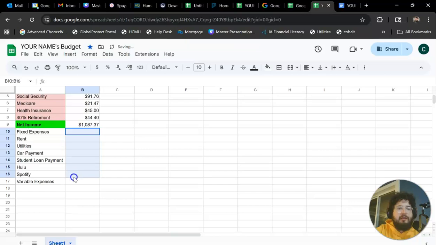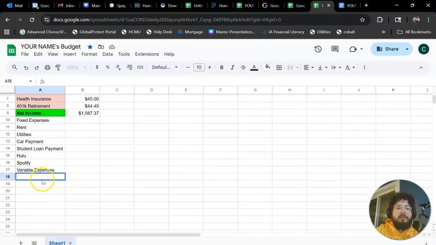Well, this stuff you're going to have little to no control over, right? You can't tell Spotify, oh, sorry, I actually only have $17 this month. I can't pay the $20. They're going to say, okay, we'll cancel your subscription. Your variable expenses, the ones that do change, you will have more control over those. So this is the area where it's going to take a little bit more discipline to make sure you're really keeping track of your budget.